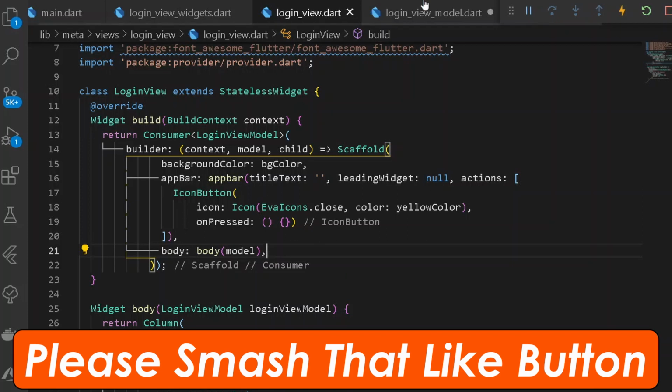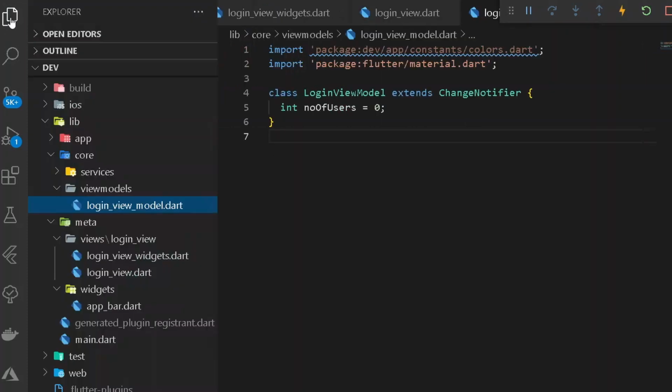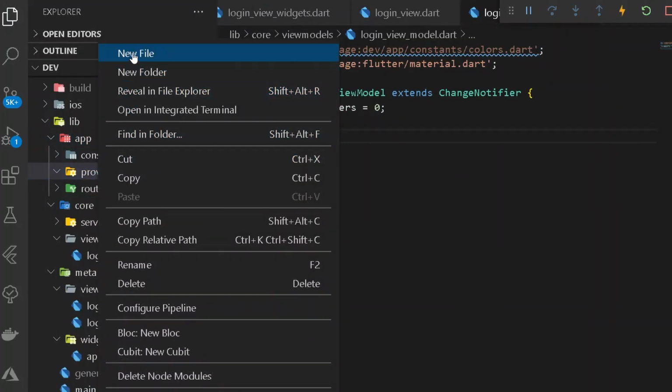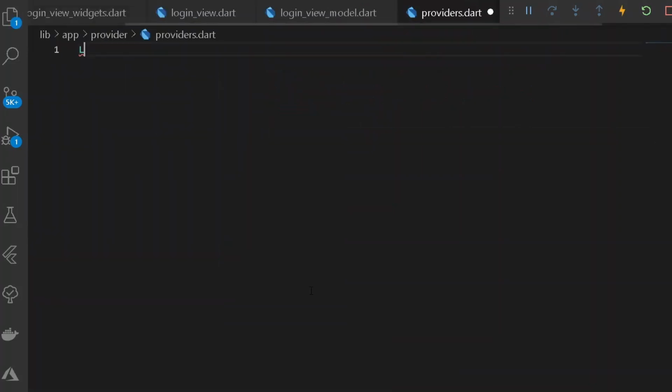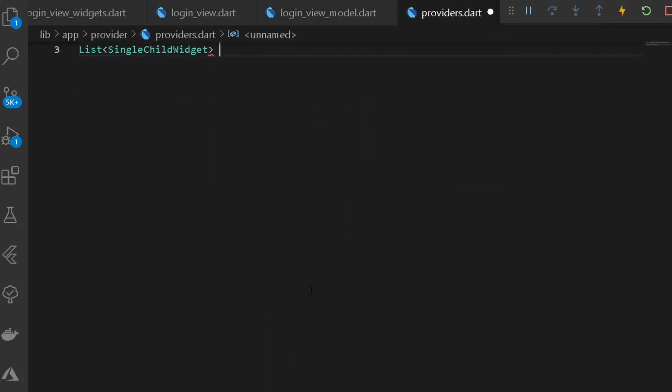So once we have done this, we can go back, and after pressing Ctrl and S, we may get an error because the following login view model is not initialized yet. So for that purpose, we can go under our entire app folder, under our providers, and create a new file for all the providers. So here first of all we shall be getting all the providers available under our entire application. So here first of all I can simply say a SingleChildWidget, and here it shall be taking up the entire providers that are available under our entire application.